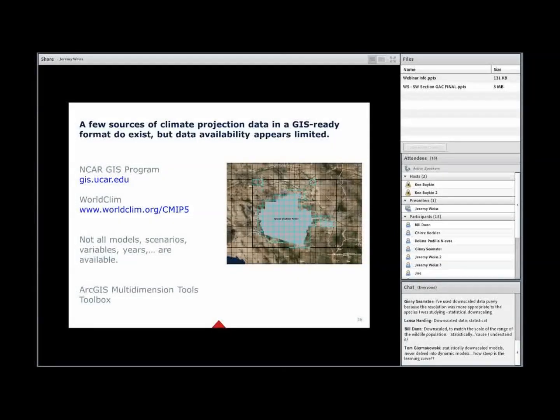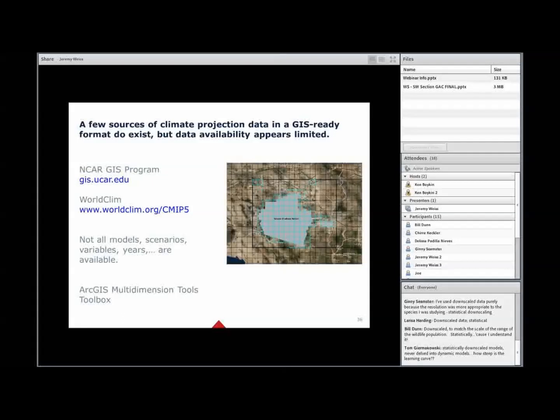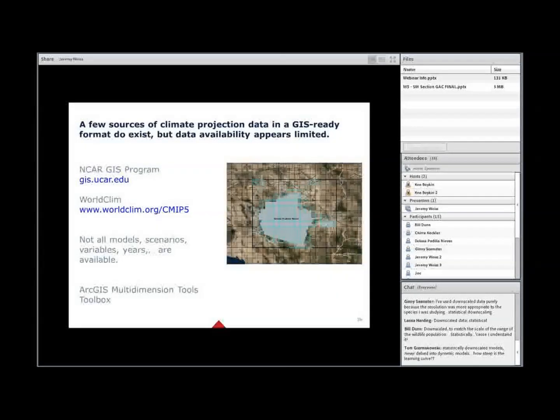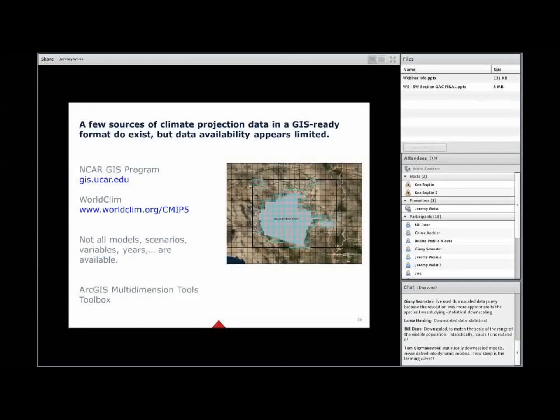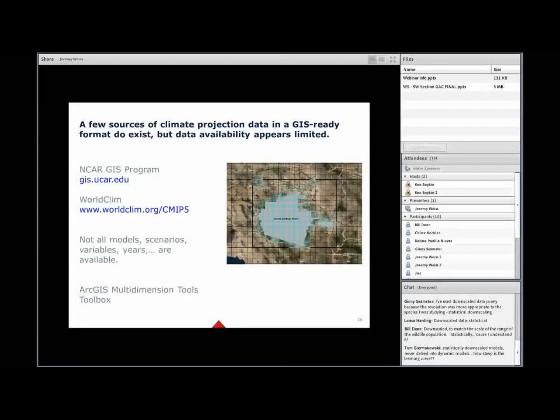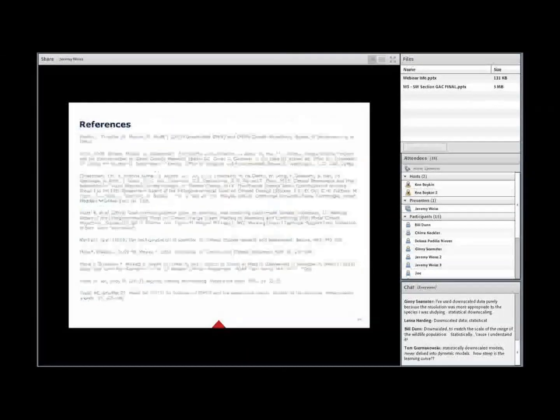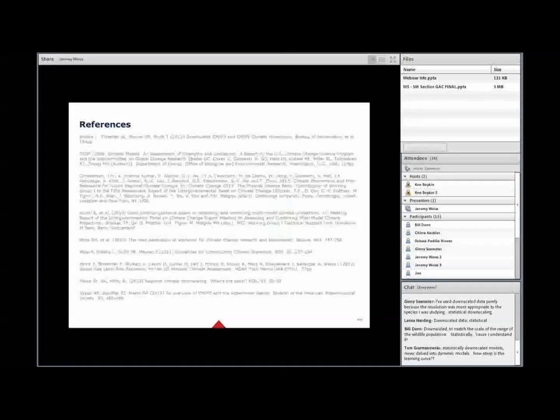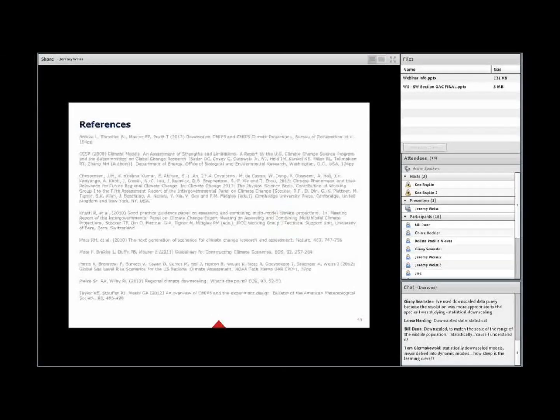Okay, so we have the data in hand. It's in the right format. Now it's time to work with it or go through some analysis. For that, I'd like to cover a couple different things, including the concept of ensembles versus individual models, which climate projection data you use in that sense, as well as the representation of some of the important regional phenomena. I mentioned El Nino Southern Oscillation and the monsoon earlier. Certainly that is something we'll talk about here shortly.